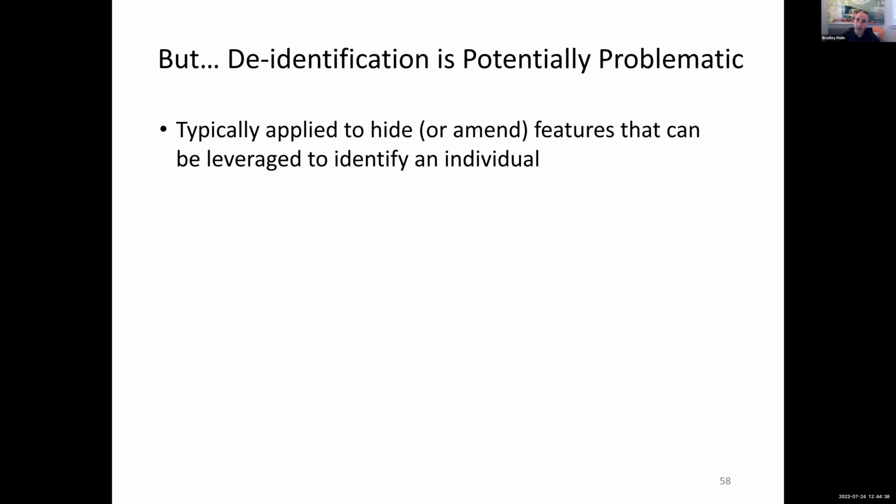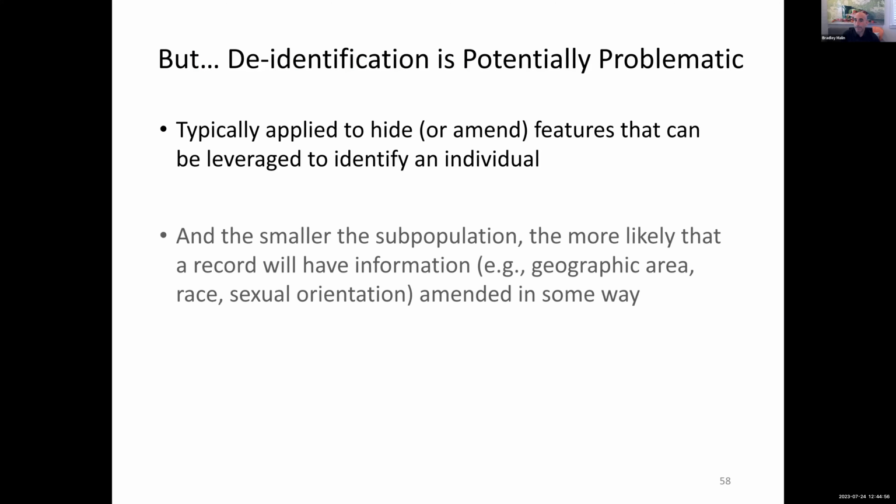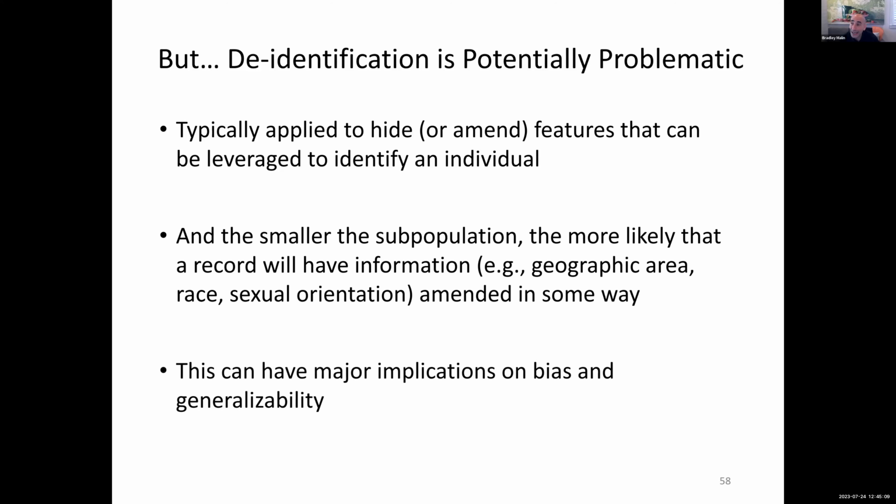I wanted to close on a couple of observations. First, this notion of de-identification or sharing data in clear this way, it inherently is designed to manipulate data, right? And so this is going to be a bit of a concern for anybody who's analyzing data. More importantly, you run into this phenomenon that the smaller the group of interest, the greater the chance that you're going to have to hide some information about them in some way, right? And that can have major implications on bias and generalizability of anything that you learn off of the data in the system.